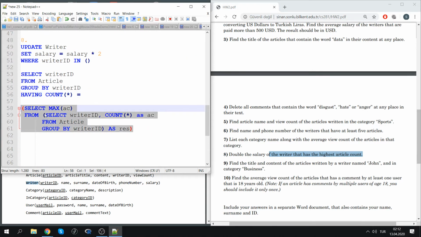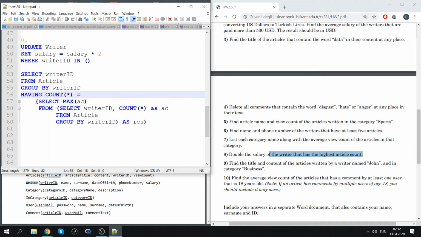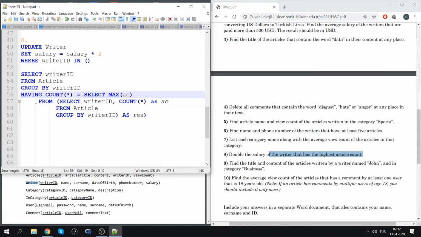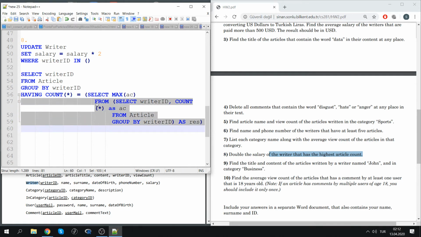So I know that this query was returning me just one value. It is the maximum amount. So then I could write such thing. If I were to write it in a better form,